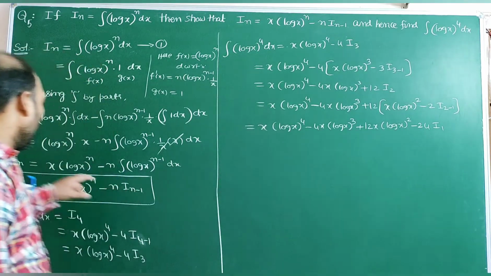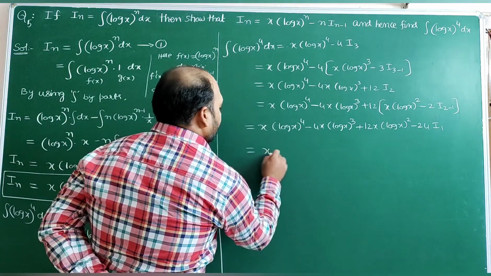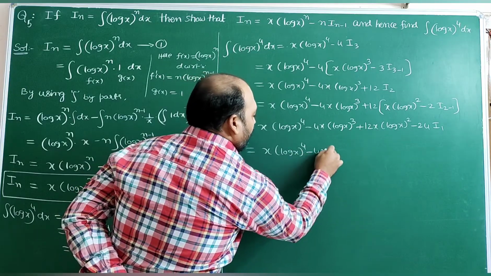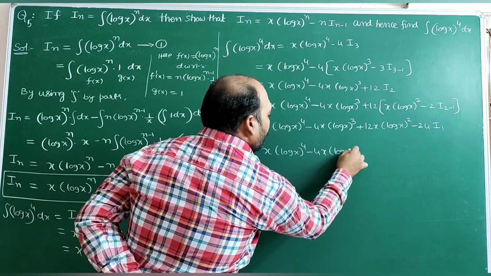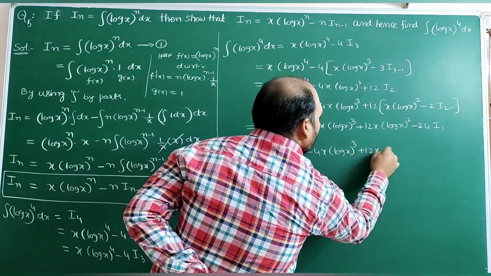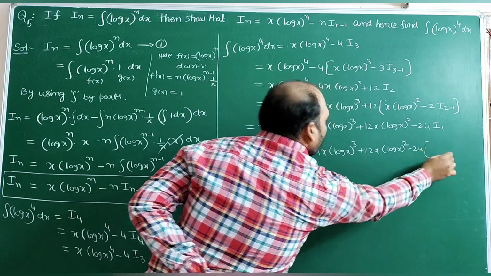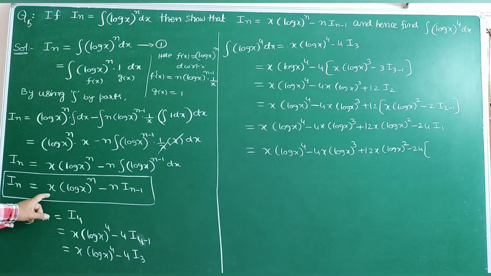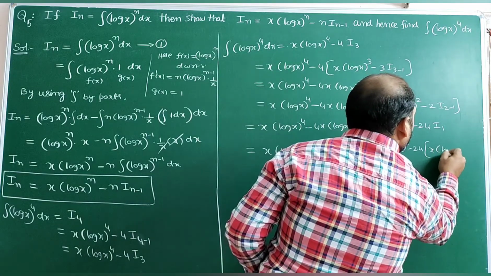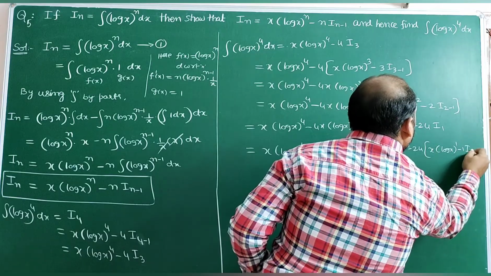So I1, n is equal to 1, substitute here. x into log x whole power 4 minus 4x into log x whole cube plus 12x into log x whole square minus 24 into, keep bracket, I1, n is equal to 1, substitute. x into log x whole power 1, x into log x whole power 1 minus 1 into I1 minus 1,